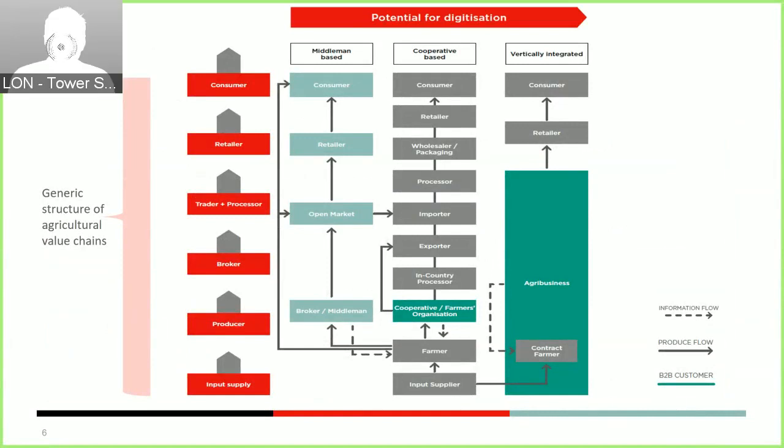So within agricultural value chains, we can distinguish 3 main models. We have here from left to right the middleman-based informal value chains, here in the bluish boxes, and then the increasingly more formal models. Here, going left to right, we have the cooperative-based model in the middle and the vertically integrated model. The majority of exchanges and transactions in the developing world, without a doubt, take place in informal loose value chains to the left here. So here, a farmer may sell to the middleman at the farm gate or take the produce to a local open market.